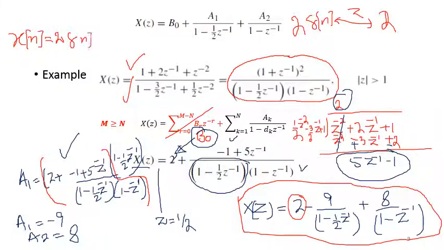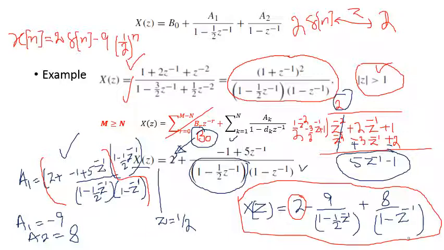How about the second one? The second term is minus, so it will be -9, because it holds the scaling property, because it's linear, it holds both the superposition and linearity property. So that's -9, then 1 over 1 minus 1 by 2 z inverse, because we are given that the ROC is right-sided. In the ROC, z absolute is greater than 1, so that means it's a right-sided sequence. So for this one it will be something like 1 by 2 to the power n